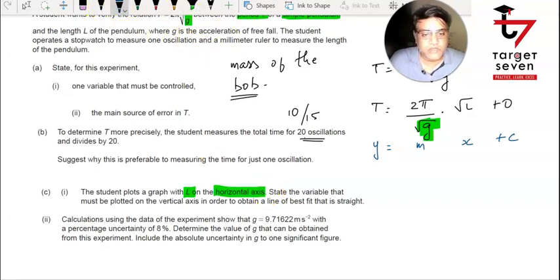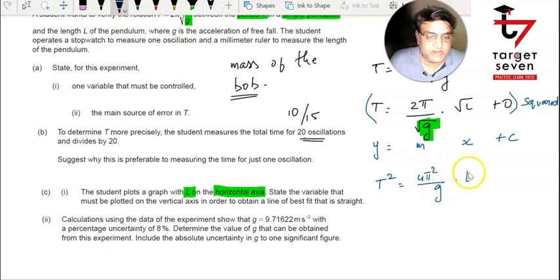In order to end up getting length along the x-axis, the entire equation here will have to be squared. So if I square this equation, I would end up getting T squared is equal to 4 pi squared upon g into L. This is also